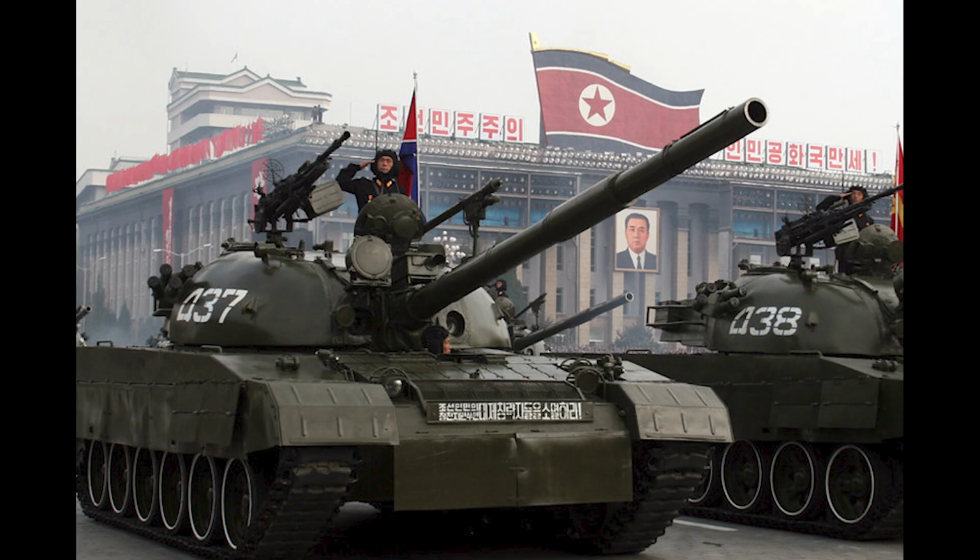Now it's time for the Songun Ho. This one has a 125mm gun. Some people speculate this has an autoloader and some speculate it doesn't. I am of the ones who believe that it doesn't. Also, we can see that still no thermal sights anywhere, and still something that looks like it's heavily inspired on T55 and T62. And it has something very unique to it, and is that